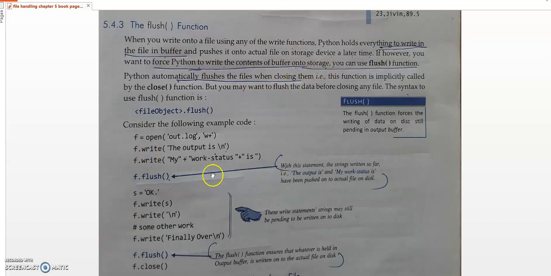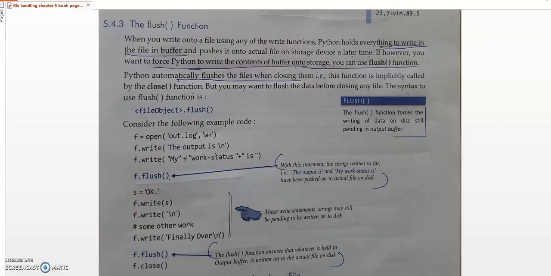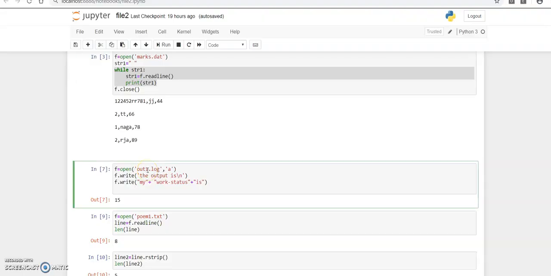Here they have demonstrated. For example, here out1, I am creating one file out2.log in the append mode. If you want to write anything, it's better to open the file in the append mode. It will be safe and it will preserve your already existing data. So I have opened the file in the append mode and I am using the write method. I am writing 2 lines into the file. But I didn't close the file.